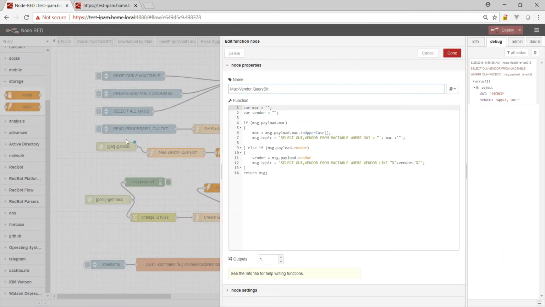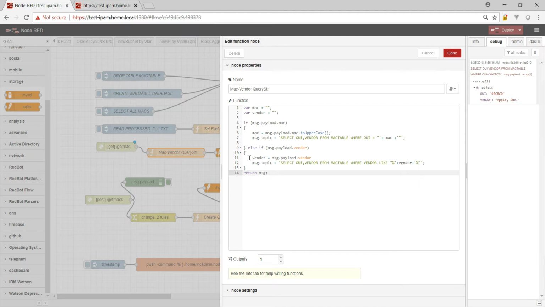Now, what I am further doing is, again, I'm using functions to do this, where you can most likely use the standard change nodes and do all of this through the standard nodes. But I need to get to the bottom line of the code, so I do it this way to learn. And so I'm going to basically pull out those get parameters. So the URL coming in with the get parameter for the MAC and vendor, I'm going to pull out. I want to test it, and then I'm going to convert it to uppercase